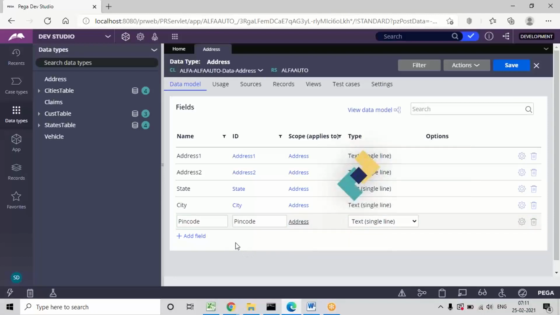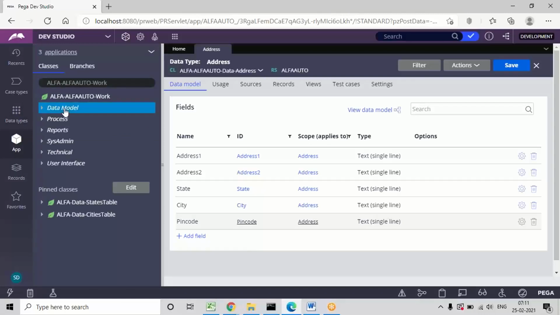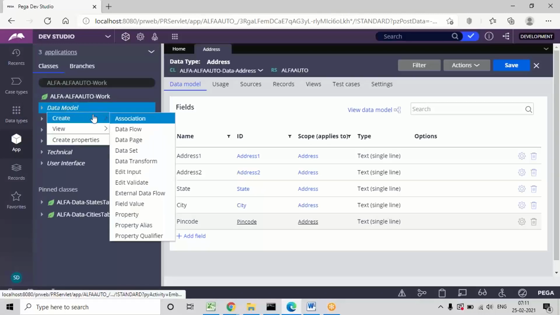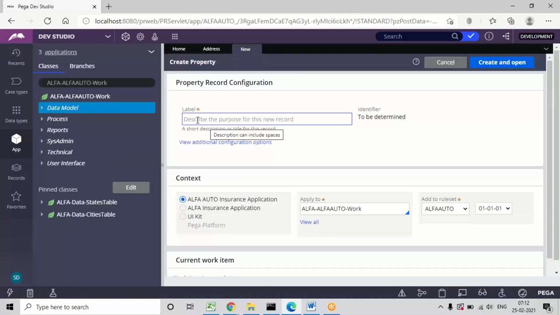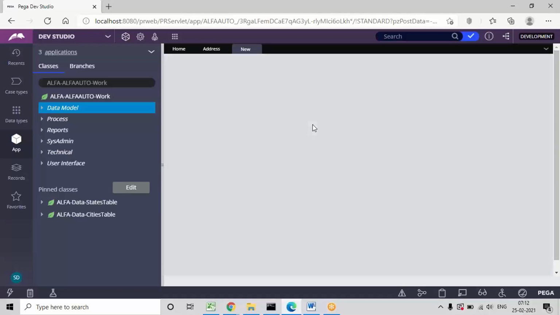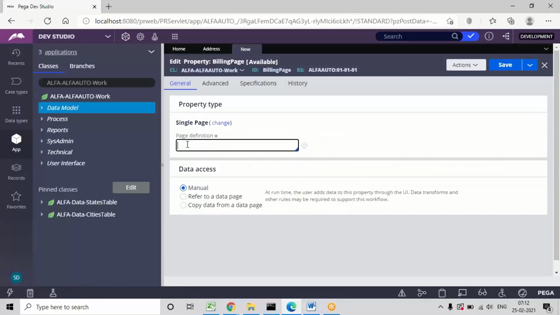Now go back to the work layer and define two page properties referring to the address class. Because two designs we are going to define, we need two page properties here. We know how to define single page properties. Data model, property, you can give a name. The page property name I'm giving here is billing page. So type is single page and mention this address data class.